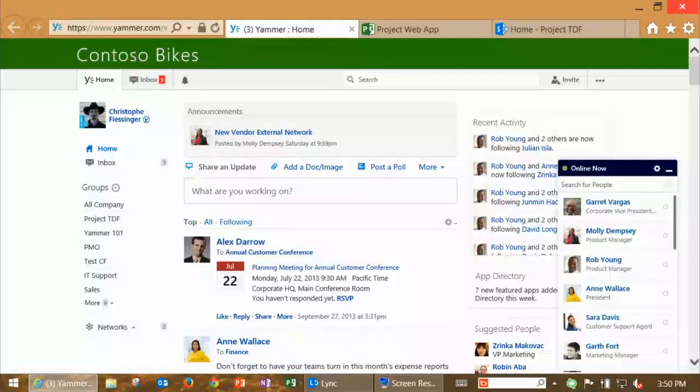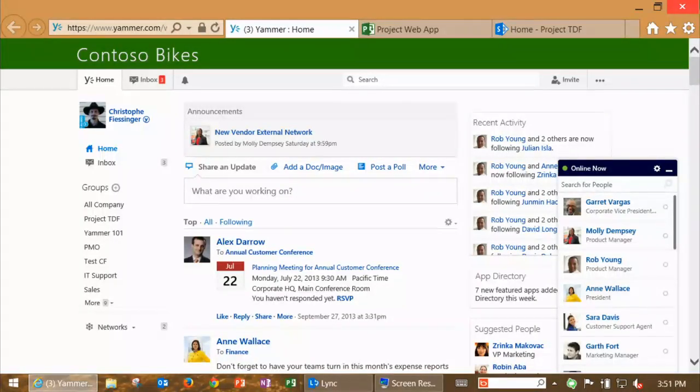There are two sections to this demo. I'll do a little bit of what we call Yammer 101, and I apologize to all of you who raised your hand that you're using Yammer today. Then the next part of the demo is, how does that fit into my day-to-day circadian rhythm, whether it's in Project Web App or a specific project team site that we're working on.